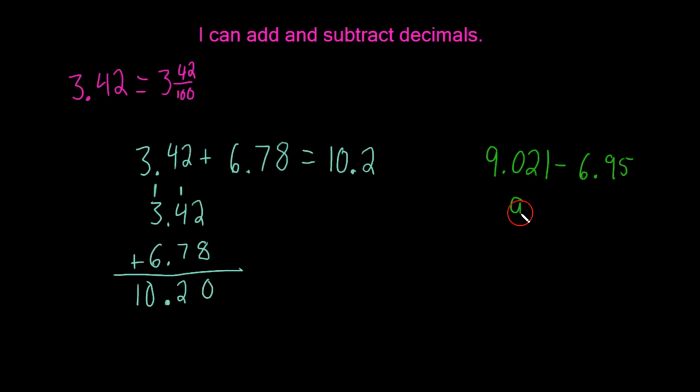So we got 9.021 minus, and now my decimal point needs to be right here. So if I were to do 6.95 here, that would be wrong. So say I were to do this, I would do 6.95. Notice how our decimal points are not lined up, so we do not want to do that. So let's undo that here. So we want to do this. We want to do